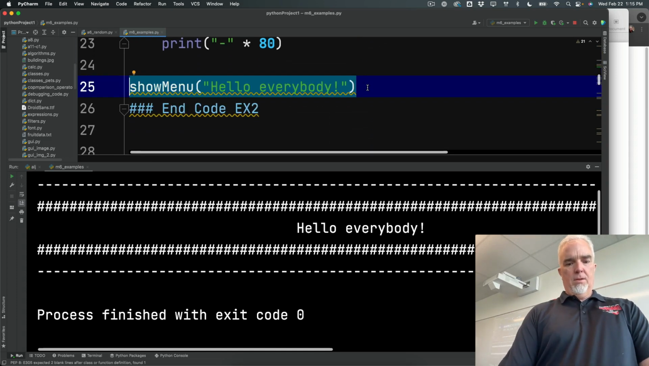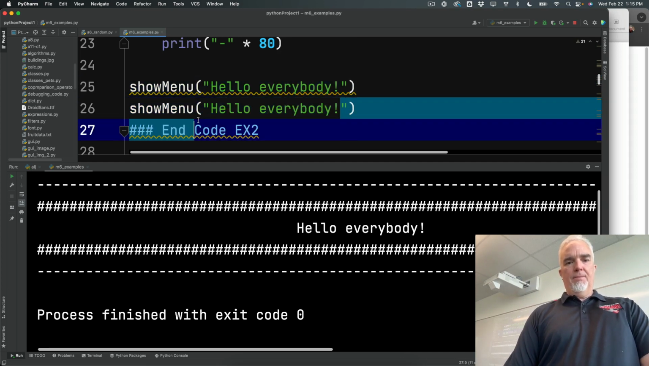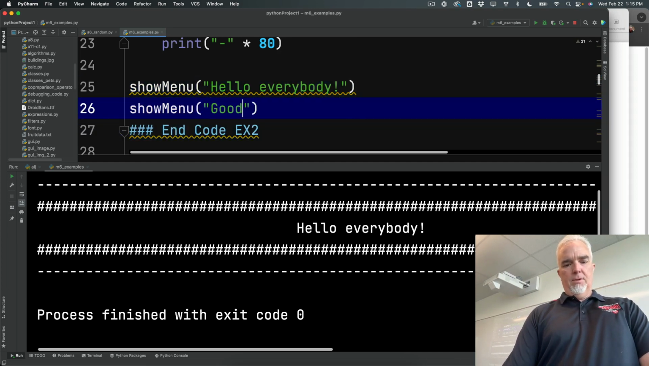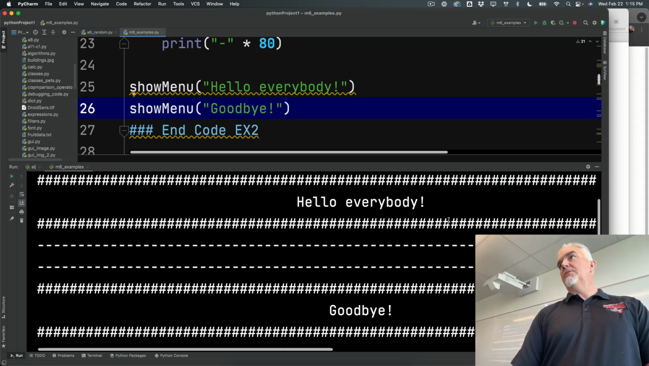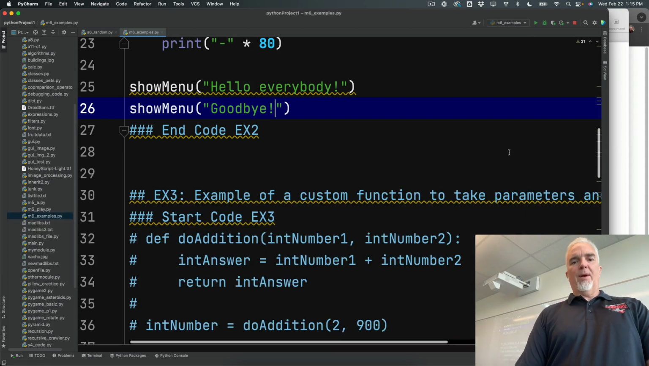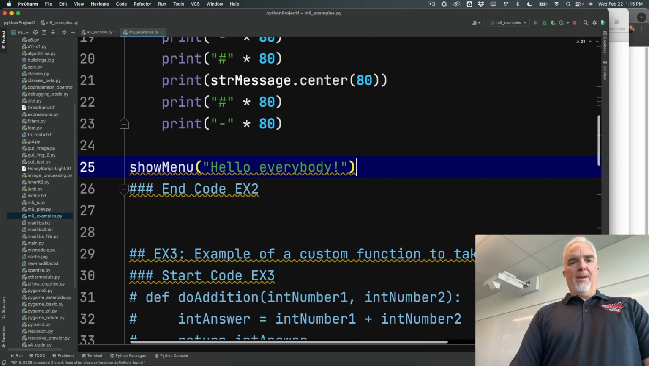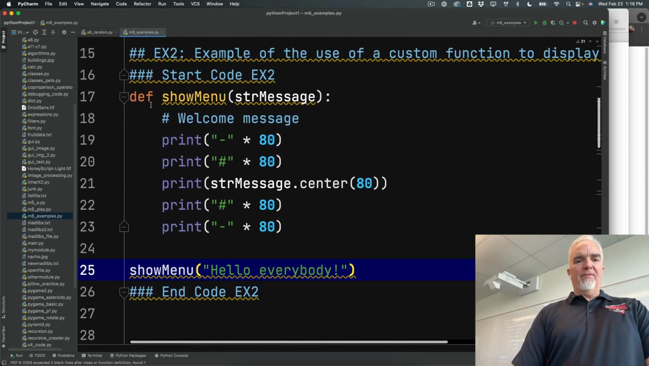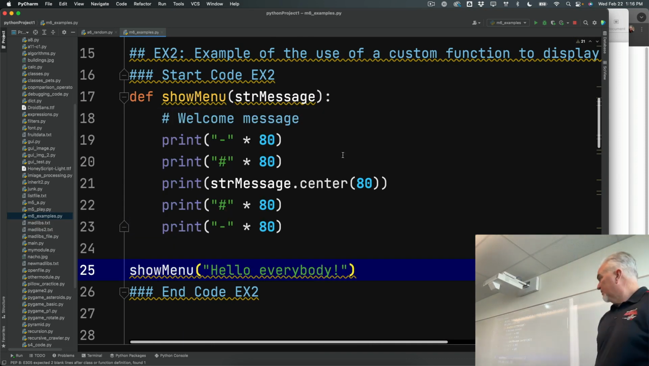But I can do it a second time and change that text to goodbye. And now it will run it twice with different things there. So parameters are very useful. And a parameter can be any type of variable or object. The other thing that's good to know